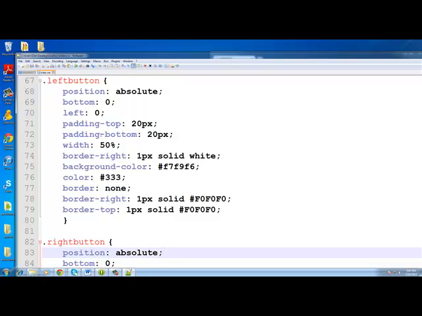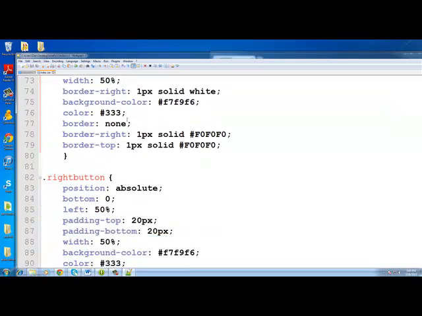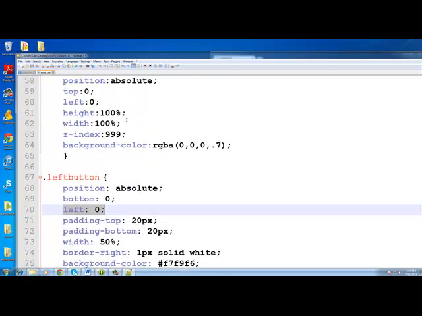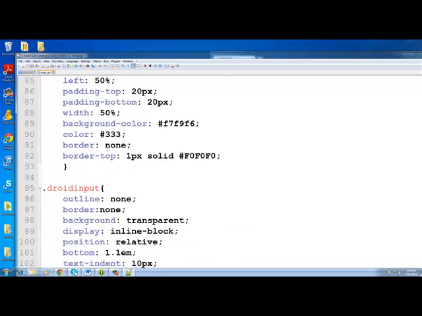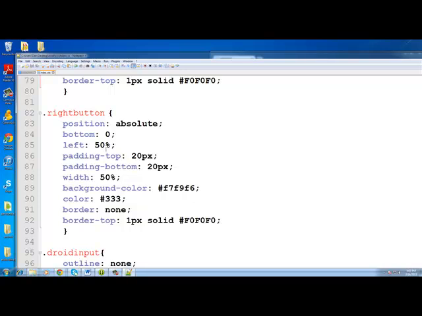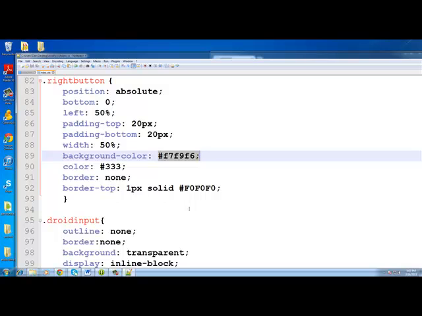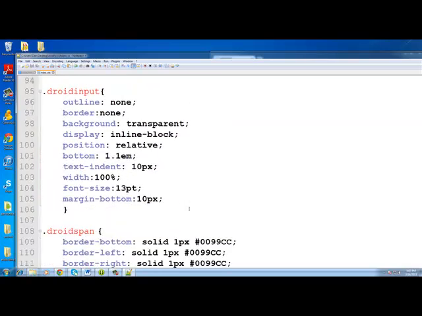This is our left button with a width of 50%, and it's to the left at the bottom of our pop out, that has a padding of 70 pixels, so we can throw our buttons on the bottom. Then we have our right button that's on the right side of our pop out, and we have our padding of 20/20, so our buttons are about 40 pixels high. Okay, and a width of 50%, and that's our off-white Android light theme colors, and our Droid input,